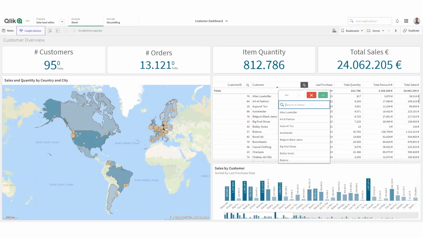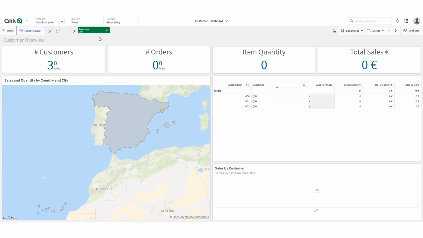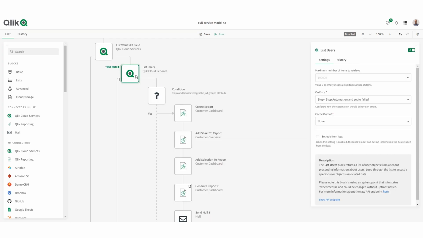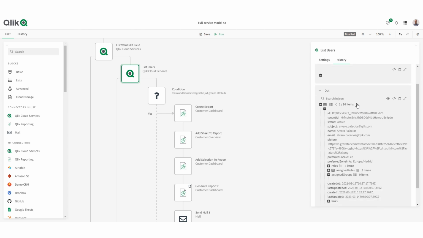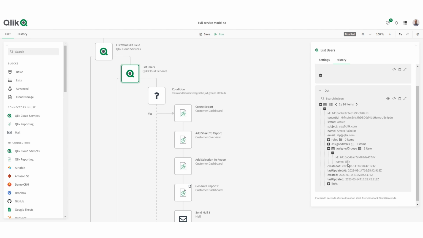If we look at the data in the customer overview, you're gonna see we have the value Qlik. There is a customer called Qlik. Okay. And if we look at the details of the block list users, you're gonna see that some of the users have a group value assigned. Not the first one, but the second item you see this user with the group Qlik, this user with the group demos. Okay, so the second item in particular